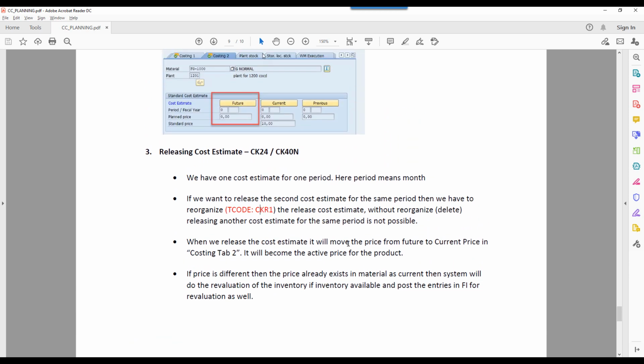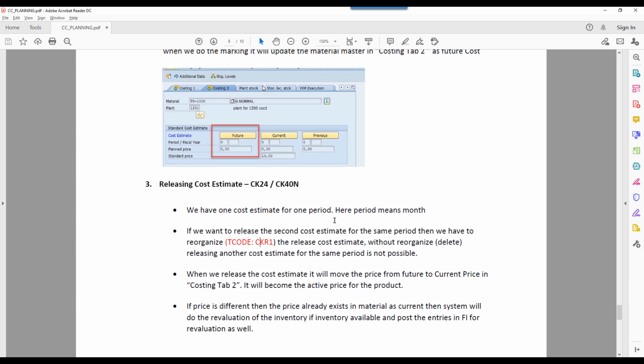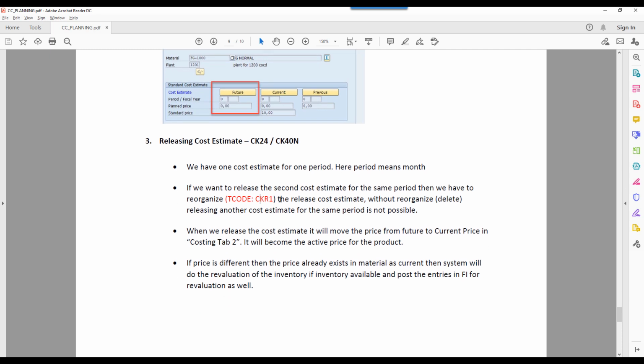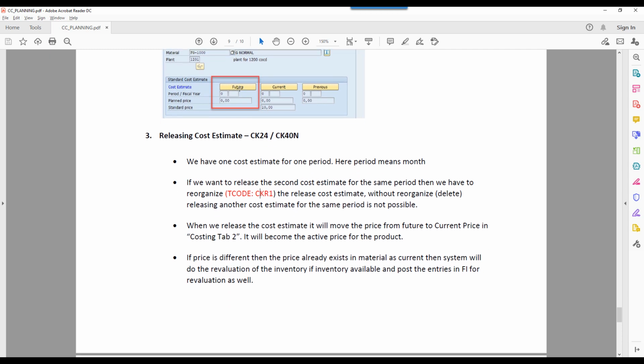Let us assume there is already a standard cost estimate. We already did the marking and releasing for period 1, January 2021. When we release this, it moves from future to current. Now coming to the next month, February 2021. Again I did the costing, the marking and the releasing.